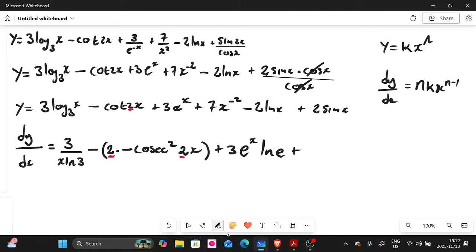Right. So our n there is going to be negative 2. So we have to multiply by negative 2, which is the exponent, guys. Hope you can see. Multiply by 7, the coefficient of x there, which is k in this case. And then we have x, and then we have negative 2 minus 1. Then we are done with that term.